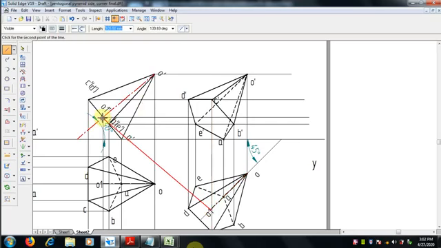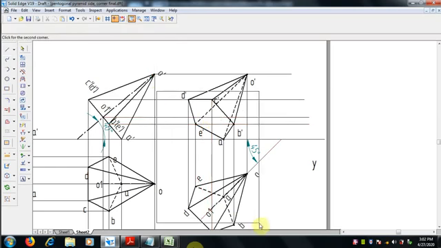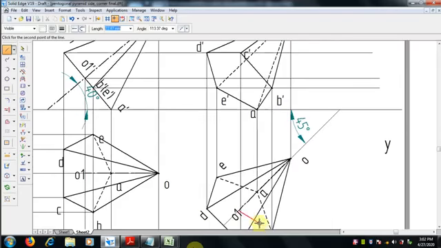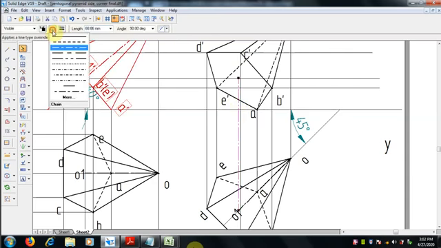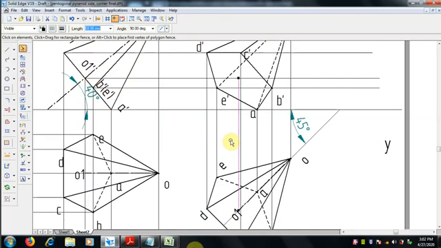Select this, if it is not reaching, zoom it and extend, and you can trim it. The vertical line has to come, extend a point, or we can join, and it should be a thin line. It's not a center line, it should be a thin continuous line.